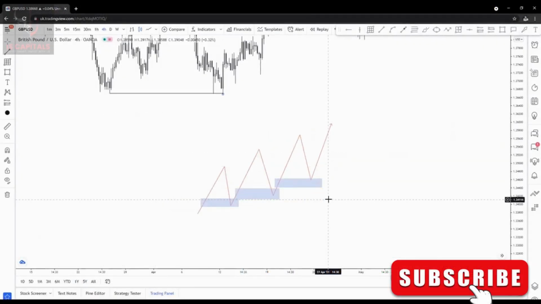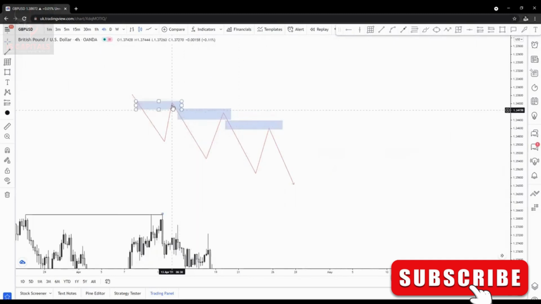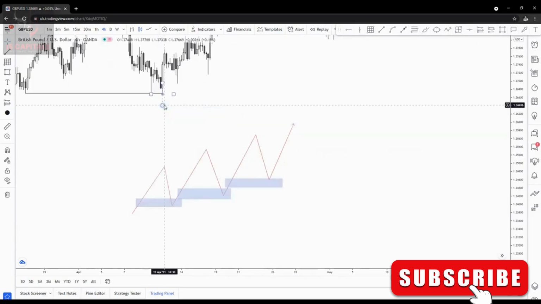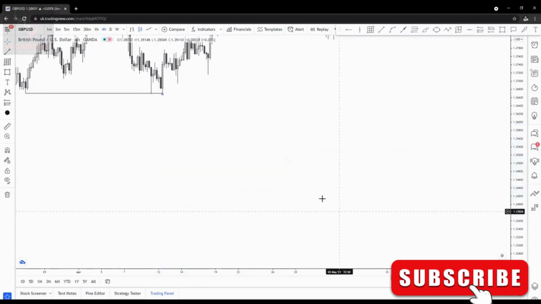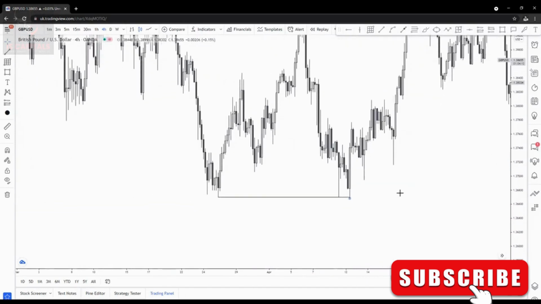Yeah, that's bullish order flow. And then vice versa in a bearish market. You see? It comes back down, mitigates, comes back down, mitigates. So this is order flow, which means they're going from mitigation to mitigation. Okay, that's order flow. Now, on the 4-hour, we can see order flow right here.